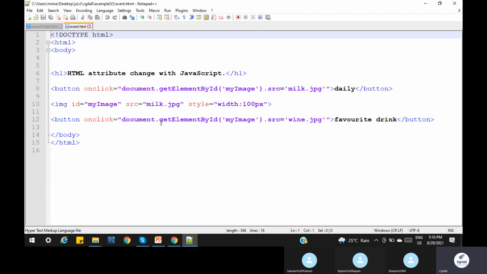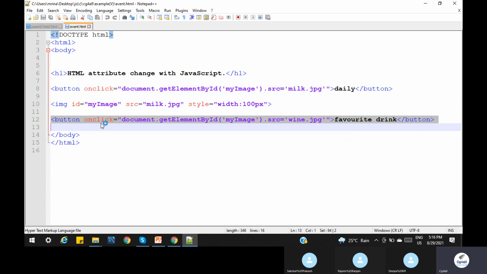So basically we have a button I have already created. Inside the button, daily, we use document.getElementById. We have already provided that button. By default, it should load this tea image. I am giving the name milk, that's fine. To read it, document.getElementById of that image, dot src. I am assigning this to daily. In the same way, when we click on the favorite button, it should load this page.